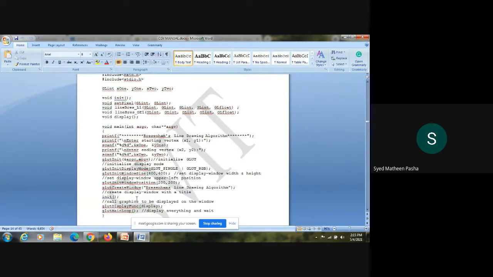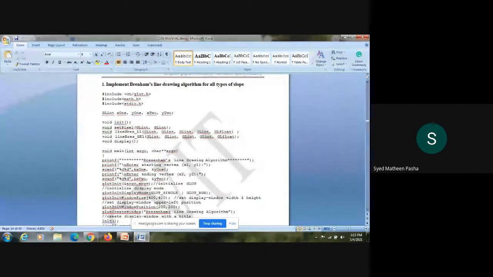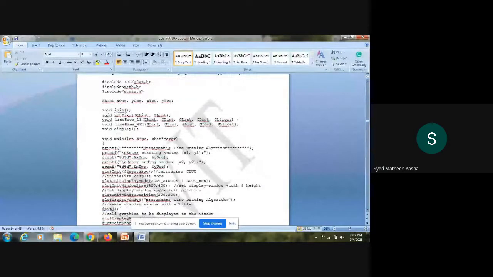Before moving on to the display function, we will move on to some functions which are called before the main function. Once the main function is done, it will move on to the init function which is called here. As I told, this function is called so that all the graphics are displayed onto the window. Control goes to the main function where init is called. That is nothing but the callback function happening there. Before the init function, I have defined some variables called x1, y1, x2, y2 because I am using these variables in the program.